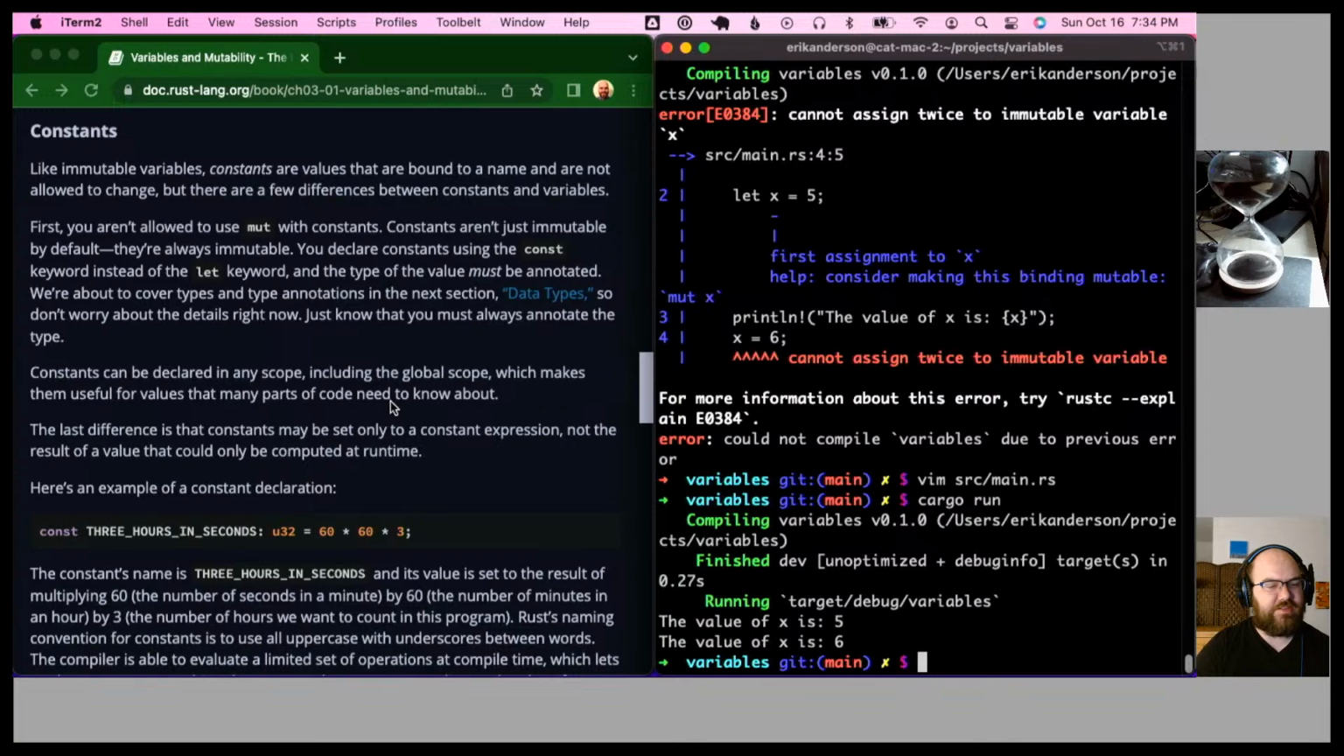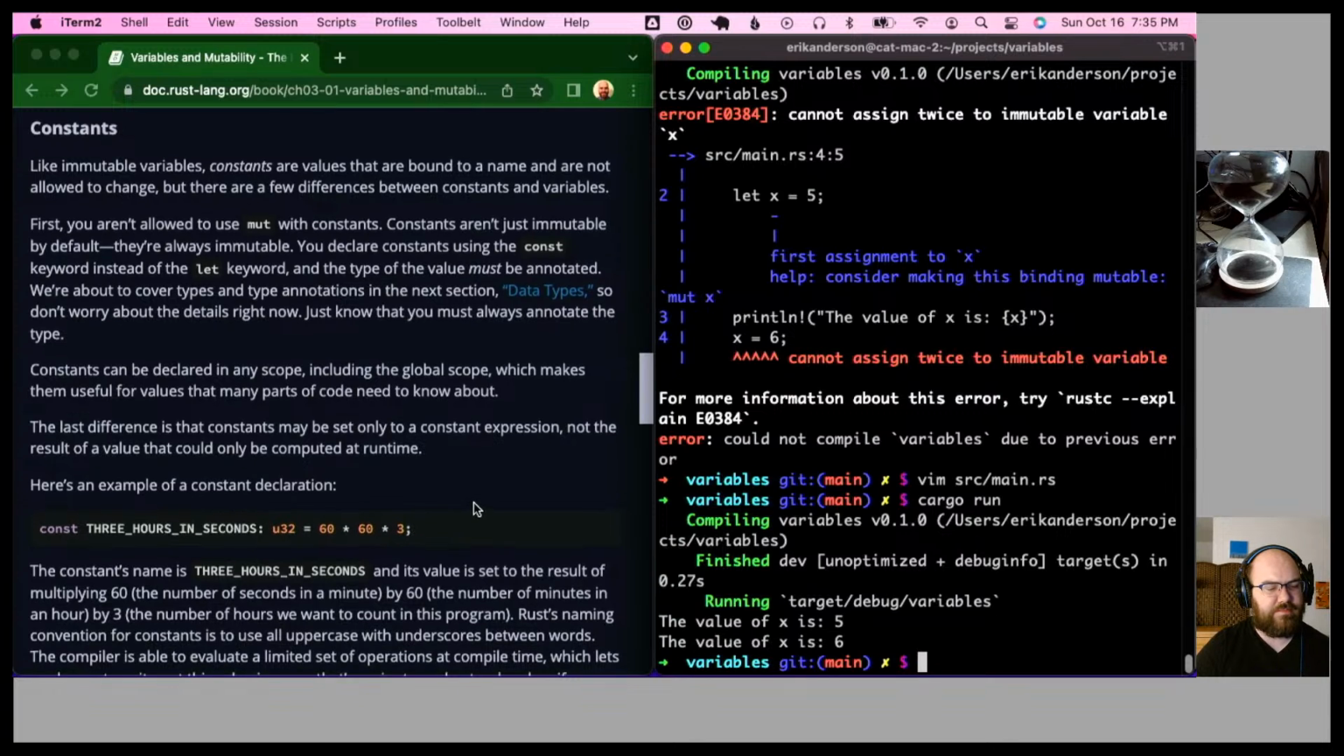Constants can be declared in any scope, including the global scope, which makes them useful for values that many parts of the code need to know about. The last difference is that constants may be set only to a constant expression, not the result of a value that could only be computed at runtime. Here's an example of a constant declaration: const THREE_HOURS_IN_SECONDS: u32 = 60 * 60 * 3;